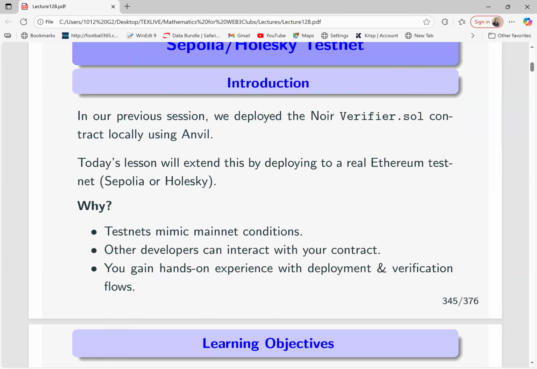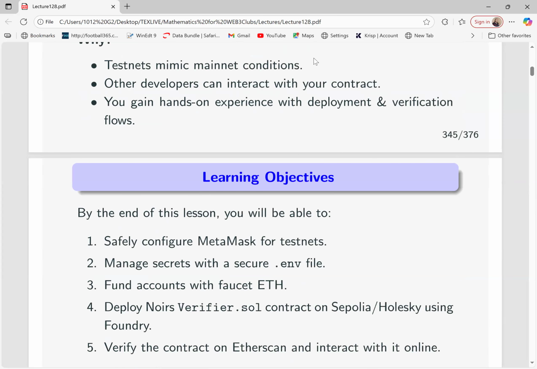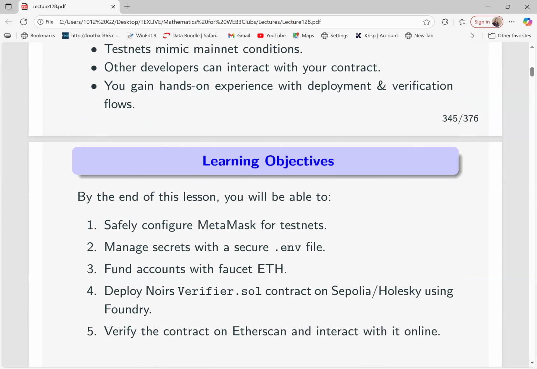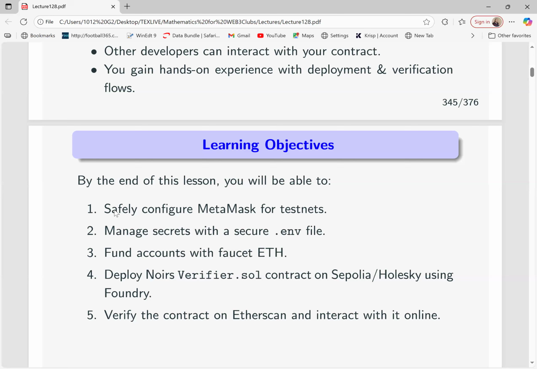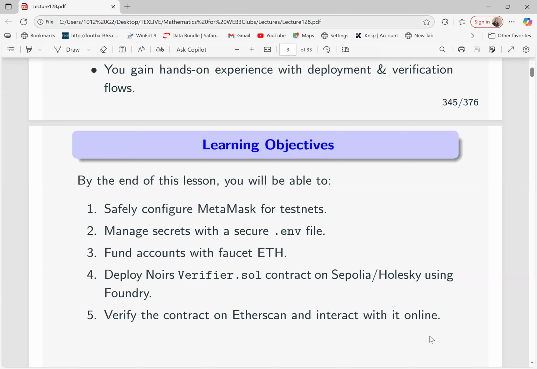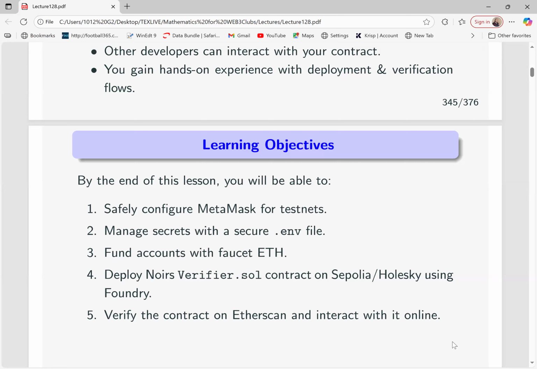Now, what I'll be doing in today's lesson, I'll just be showing you how to deploy it on testnet. First of all, we begin with some safety conditions on how to use MetaMask for testnet, and then how to manage our secrets with a secure .env file, and I'll be showing you how that file is then created in our circuit. And then we'll be looking at how to fund our